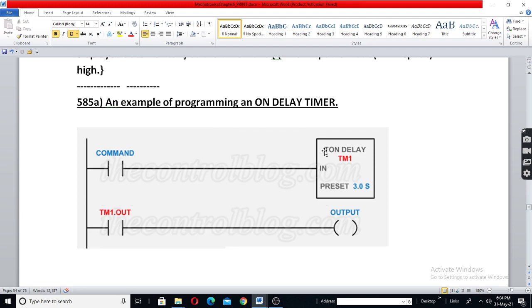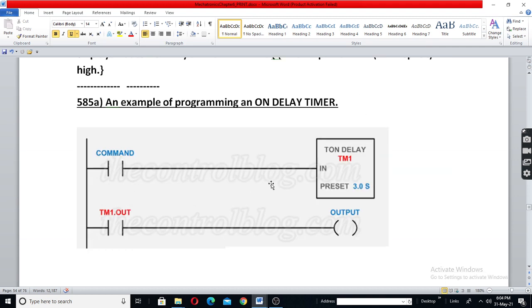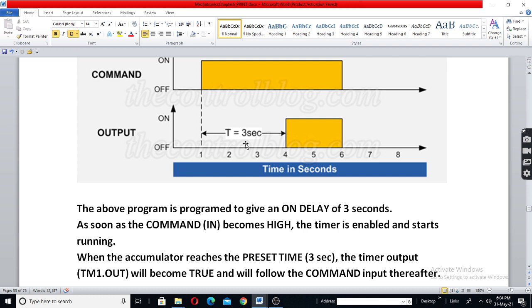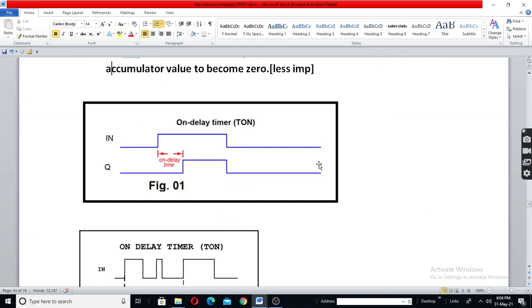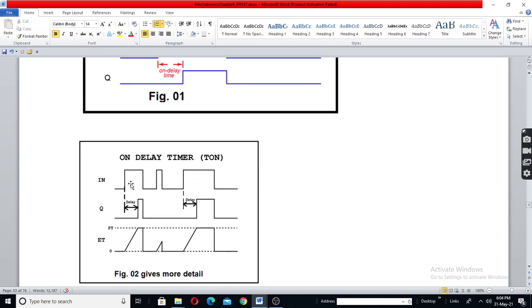Okay, so a 3 seconds delay is provided, which means when the input becomes high, the output will become high only after 3 seconds. When the input becomes 0, the output also becomes 0. Okay, now there is a small thing here. See, if the input is high for, say, 4 seconds and the delay is 3 seconds, the output Q will be